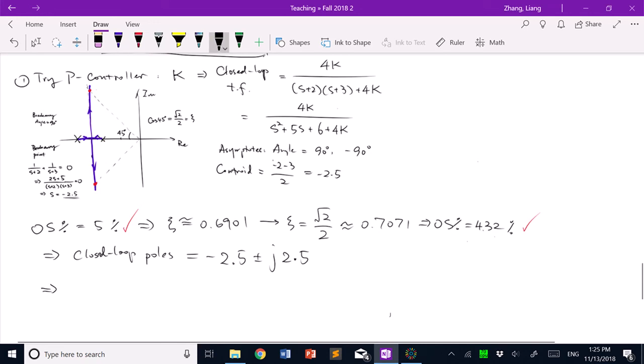So this means we're going to have the K to be calculated. And what you can do is utilize this equation again, this characteristic polynomial. We use it multiple times, so K should be equal to negative 1 over GH, or in this